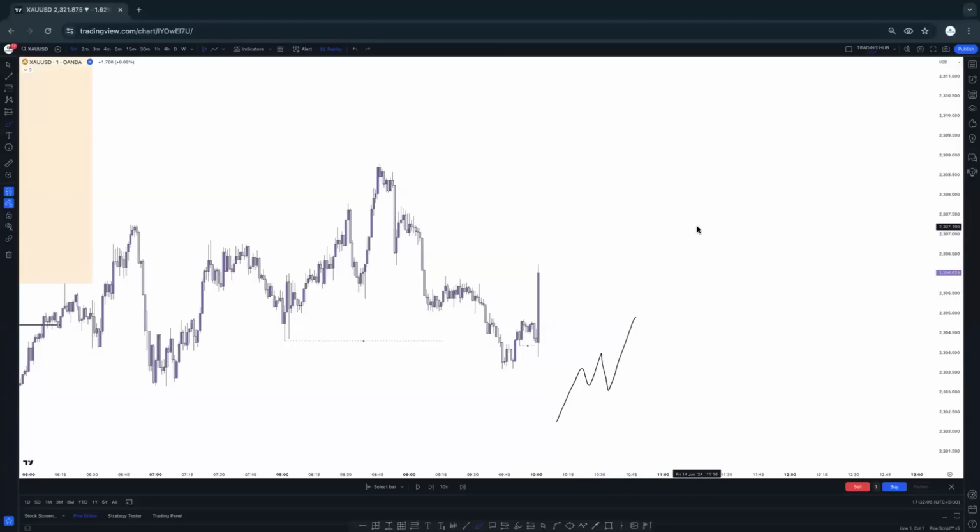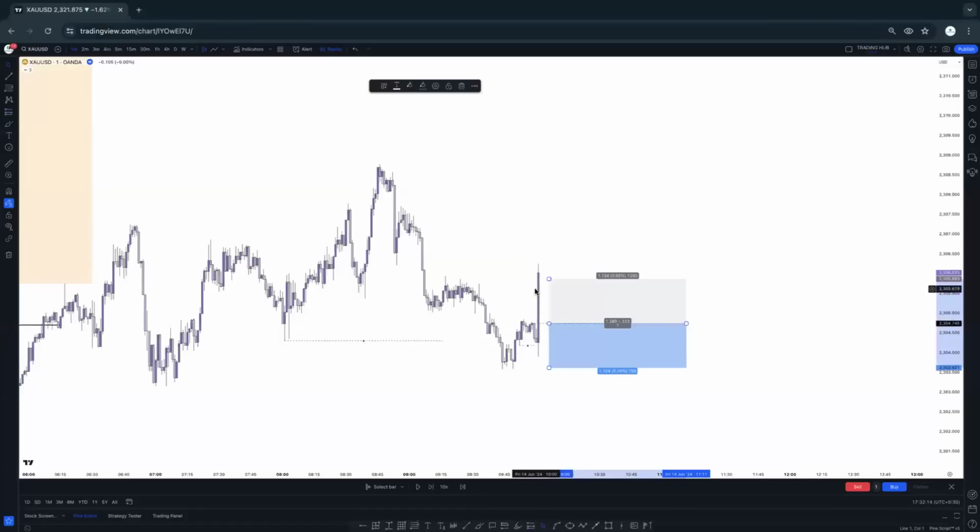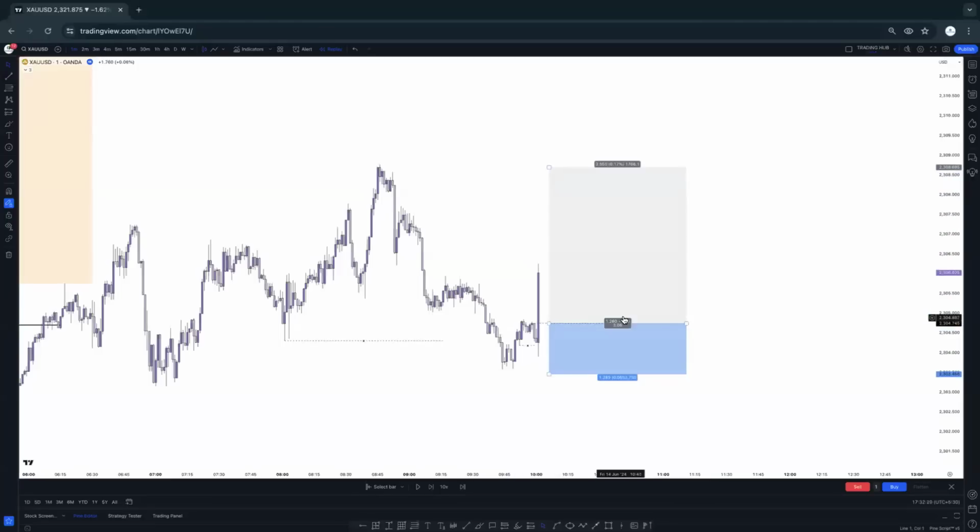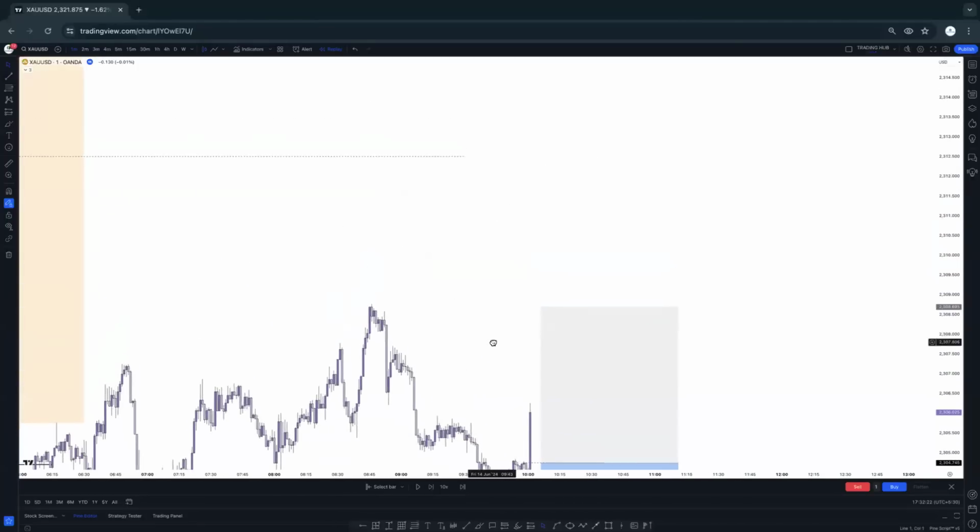Where is our target? The previous main high right here. So where is our entry at this point right here? So we can plan here for the buy to the upside, and this is our entry criteria. Where is the target? Target is here, and stop loss should be below this low right here, which is around 3R, and max target is at this point right here, because this one is our refinement